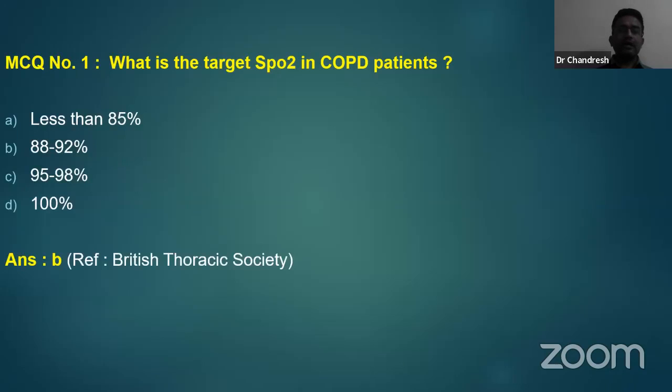If you look at the answers, many of them have answered B. Most of them answered B, right, sir? Which is right. And even the British Thoracic Society has given this recommendation. Always remember these 2 numbers. If a patient has a significant history of acute exacerbation in the past, or the patient himself tells you he is an active or chronic smoker, then your suspicion of COPD should be higher. At that point, 88 to 92 should be the number fixed in your mind. Never try to achieve 95 or 98. By doing that, we might harm the patient.